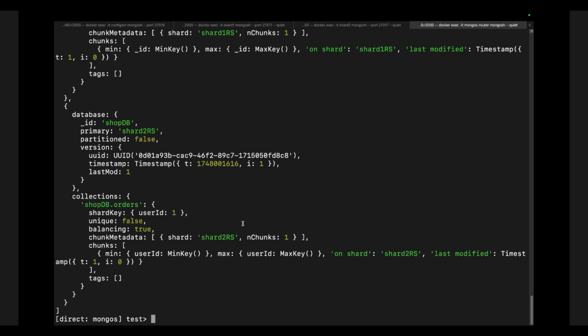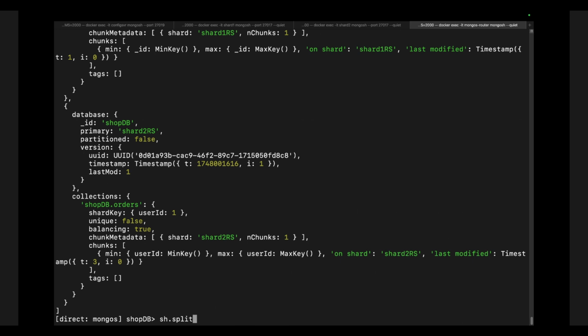Now let's try to move a chunk to another shard. From min key to max key, all the data is currently under the shard 2 RS. Now let's split this chunk into two parts so that we have two chunks and can show the load balancing. From min key to, let's say, x value, we want the data to be present in one shard, and from x to max value, we want the data to be present in the second shard. Let's say x would be 5000. So we split this chunk from min key to 5000, and from 5000 to max key.